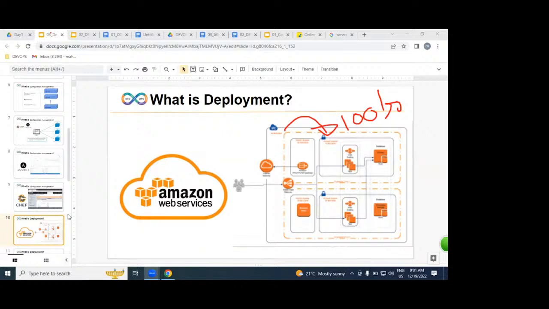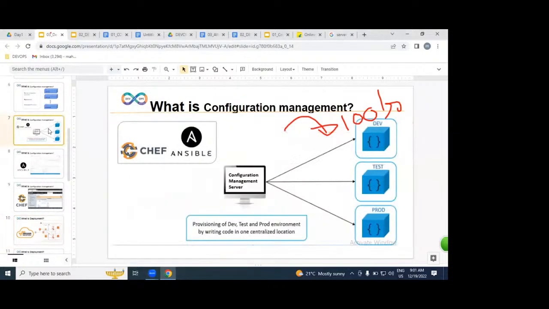AWS. On top of the hundreds of servers, we can implement an automated process with the help of Ansible and Chef. I'll repeat this point, a very important part: getting servers from AWS. After getting servers, we are going to implement an automated process with the help of Chef and Ansible. That's very simple. Am I right? So where are we going to deploy servers?